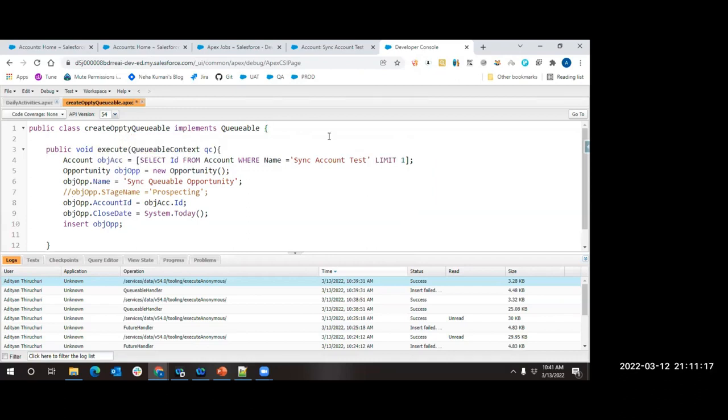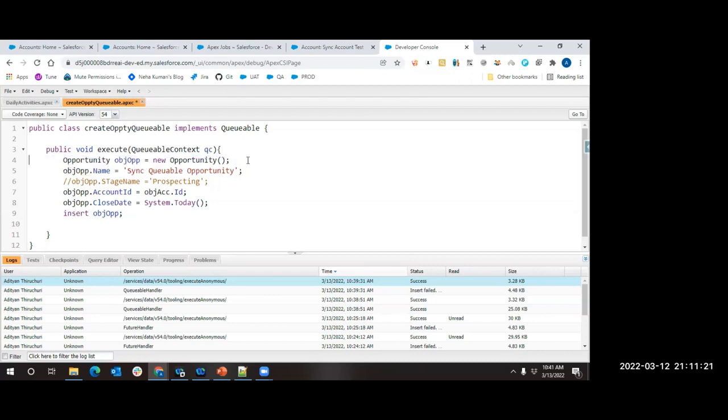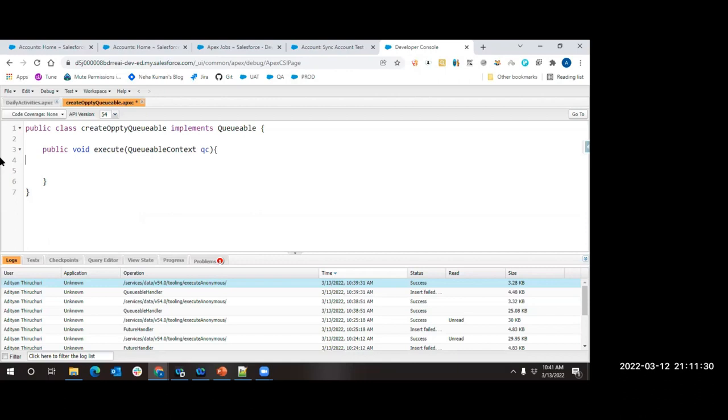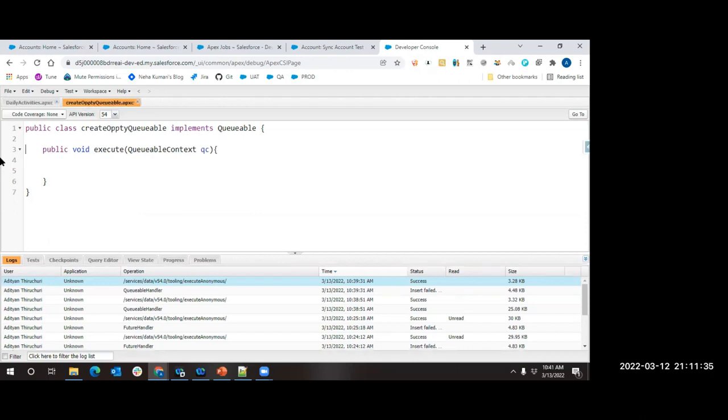Now, let us assume that you are telling the system that, okay, I am giving you some account record, and for that account record, you have to change some field value. Okay, let us assume that that is our scenario. Or I will give you an account instance, and you have to insert it. Whatever it is, you just give me anything of any data type. I don't have to worry at all.